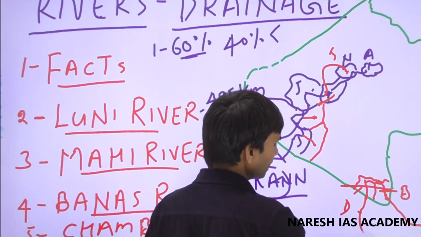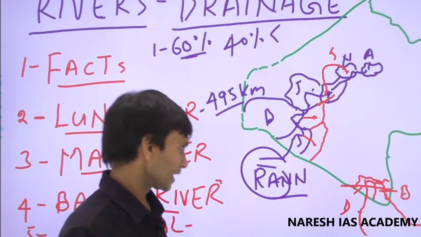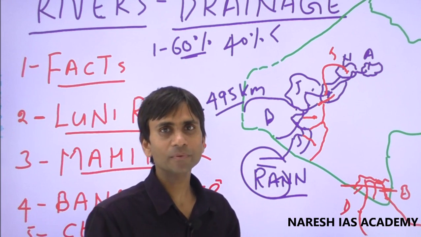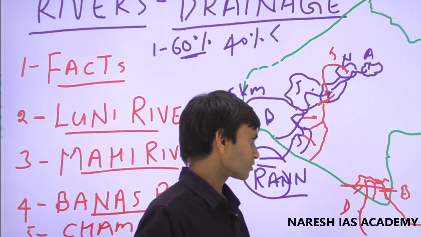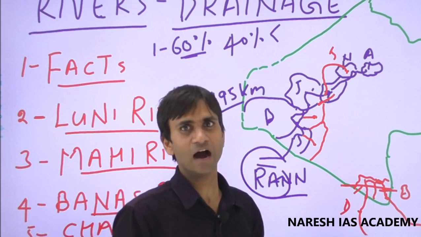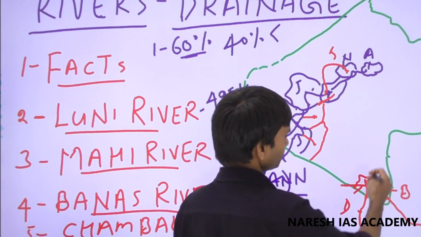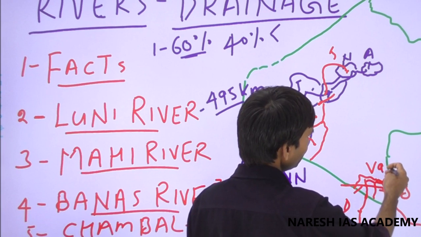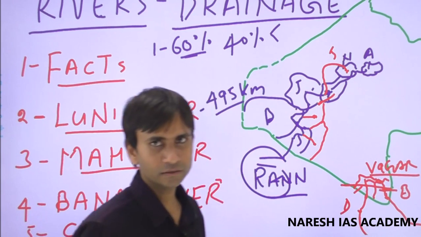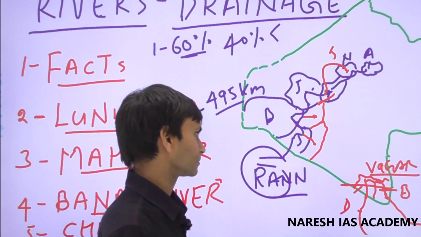Through Gujarat it ends in the Gulf of Cambay or the Arabian Sea, and the Mahi river is called the Ganga of the Bagar region or Kanthal region. The catchment area or river basin of the Mahi river is called the Bagar region. This is the Bagar region or the Kanthal region. Okay, so this is the position of the Mahi river.